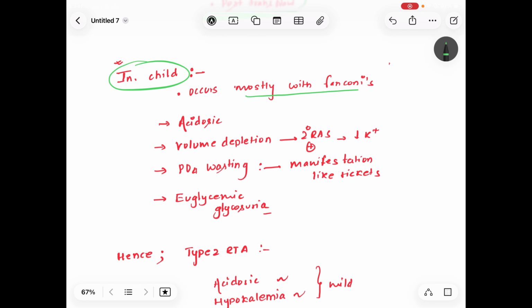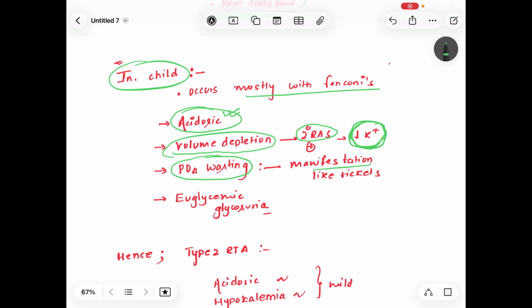mostly associated with Fanconi's. There can be acidosis because of volume depletion. There is activation of secondary RAS which can cause hypokalemia. So hypokalemia with normal anion gap metabolic acidosis, there is phosphate wasting which can present like rickets, and euglycemic glycosuria because there is SGLT2 transporter in PCT. We already discussed these things. So now summarizing,